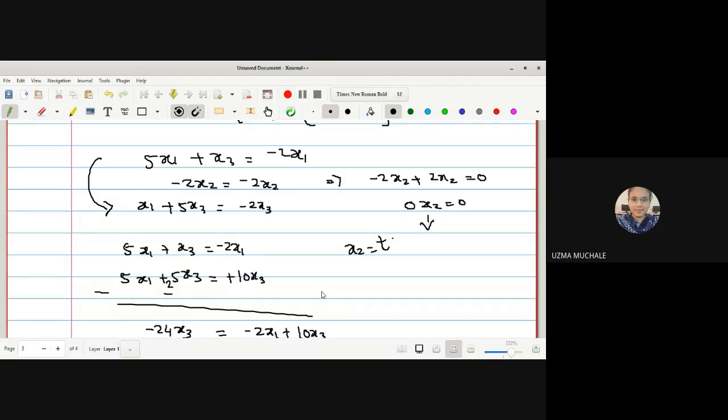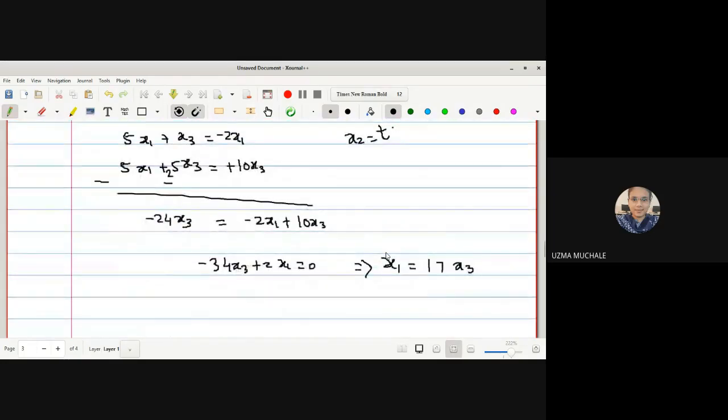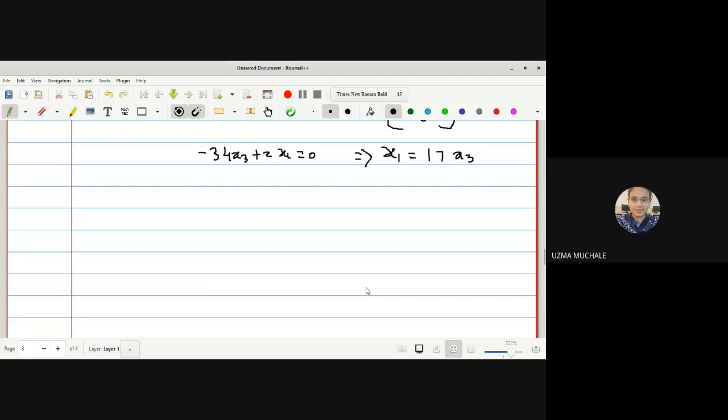Okay, in this way, firstly we equate this and we get three equations. From the second equation, you can see 0 times x2 is equal to 0, which means x2 can take any arbitrary value. Use the remaining two equations to get the other values. Okay, just tell me what is the third eigenvector. We can write (0, 1, 0) times t, where t is any arbitrary value. Correct. Okay, in this way you can solve the example.